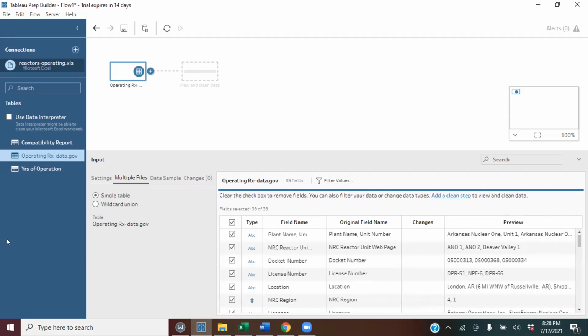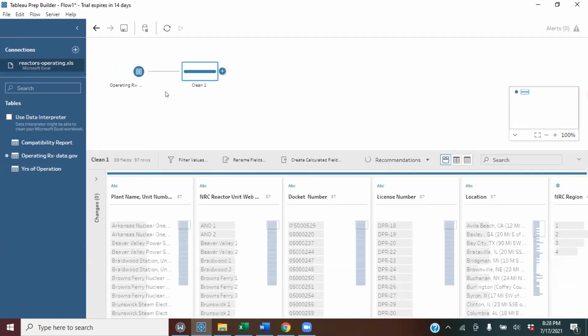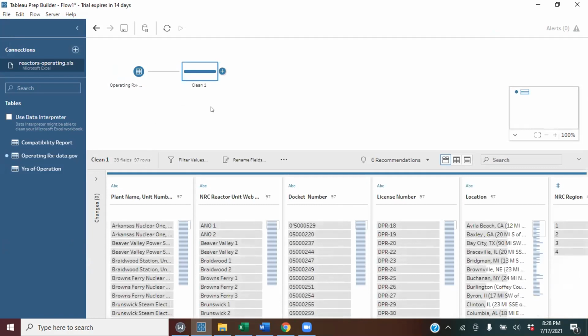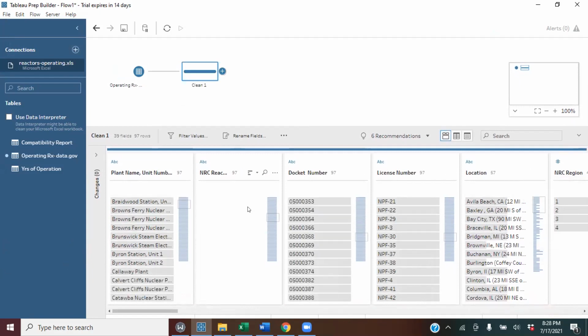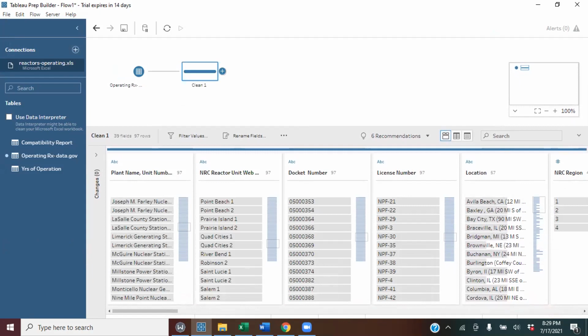So add a step so you can preview your data. Now you can scroll all the way down. All this is your data. You should have your scroll button below. Here you can drag your field all the way to view your data, okay? And you can write a calculated field here.